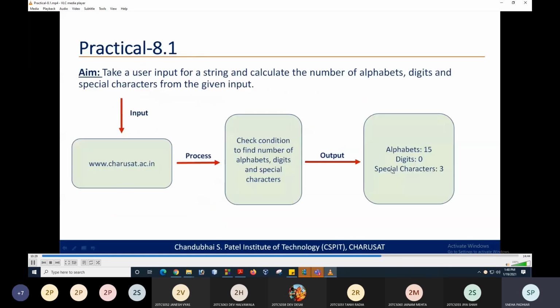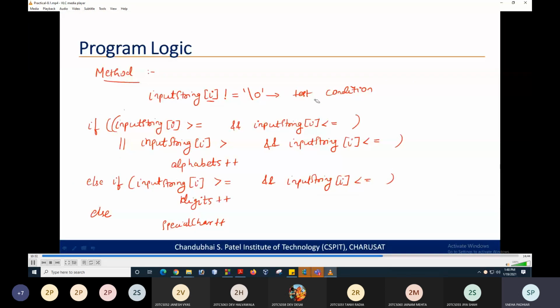Okay, so the ASCII value for small a is 97 and small z is 122, and for capital A it is 65, and for capital Z it is 90. So you can compare the elements in the string in this way as well with the help of ASCII values.